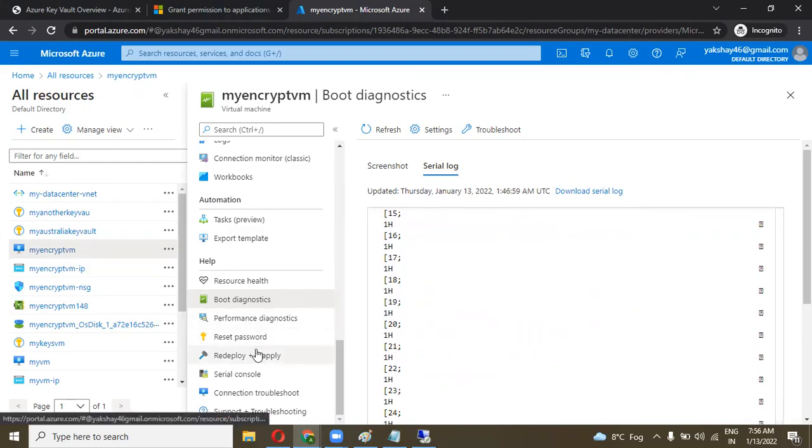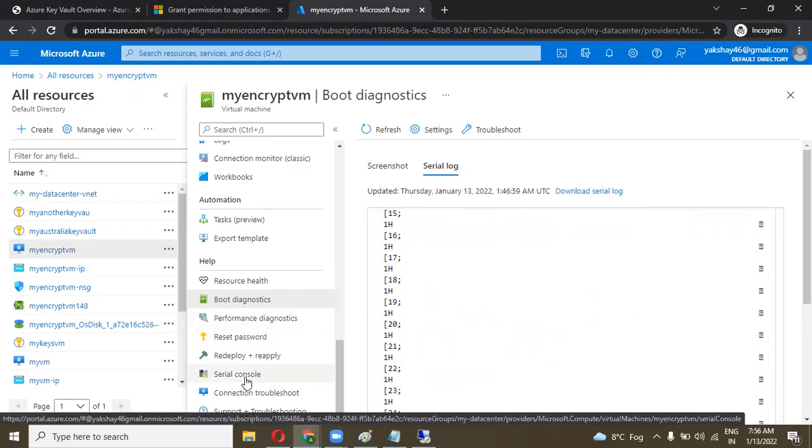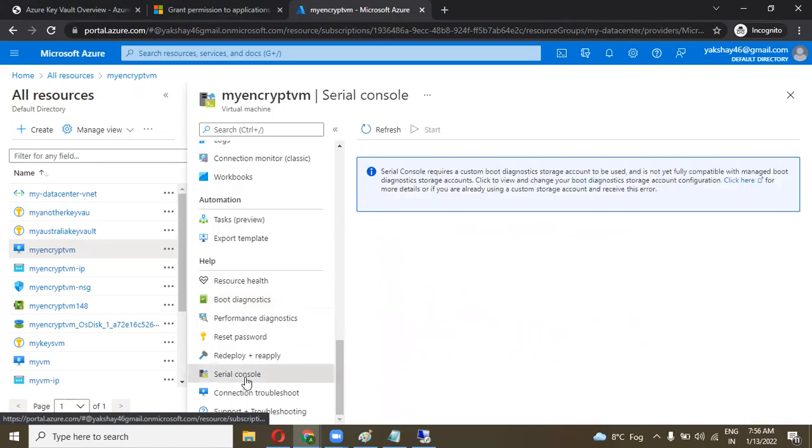If you want to go to the serial console, it requires a custom boot diagnostic storage. It requires a storage account to be used, and there our serial console log data is stored.